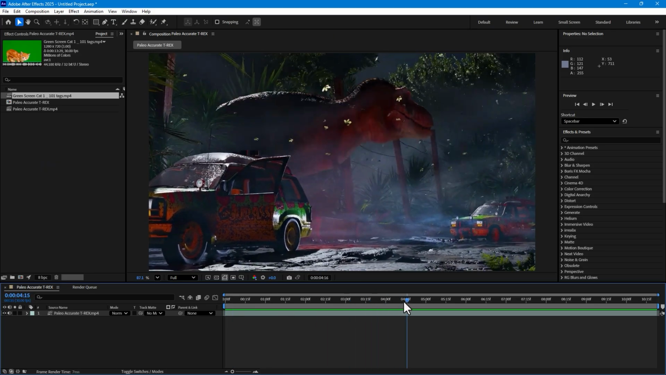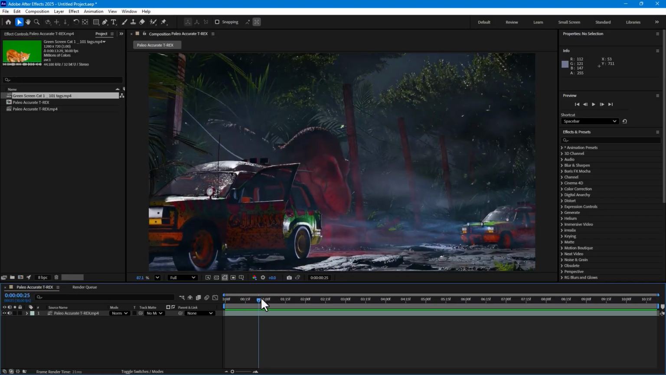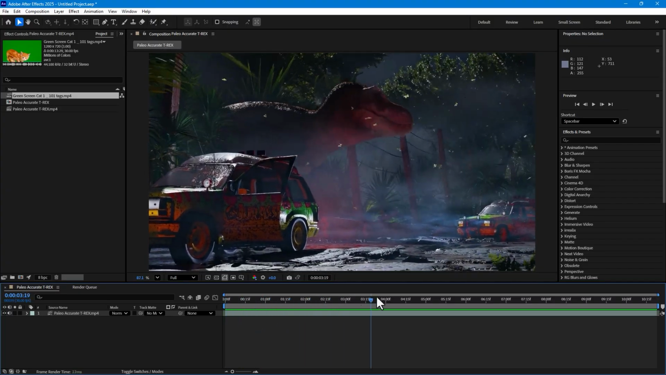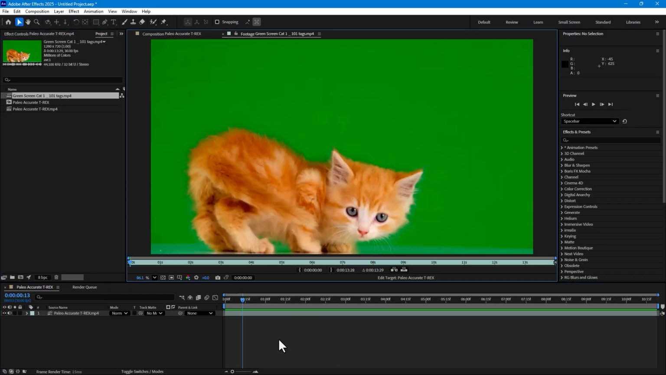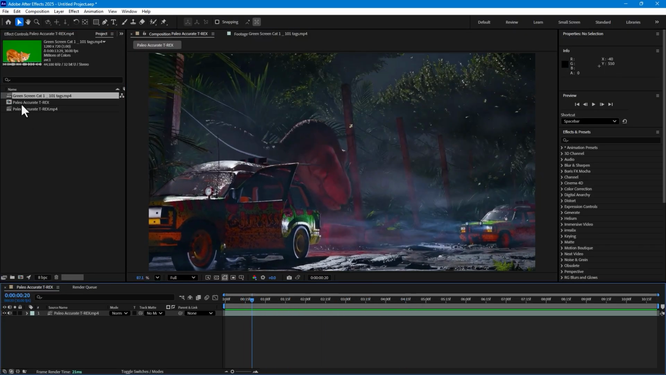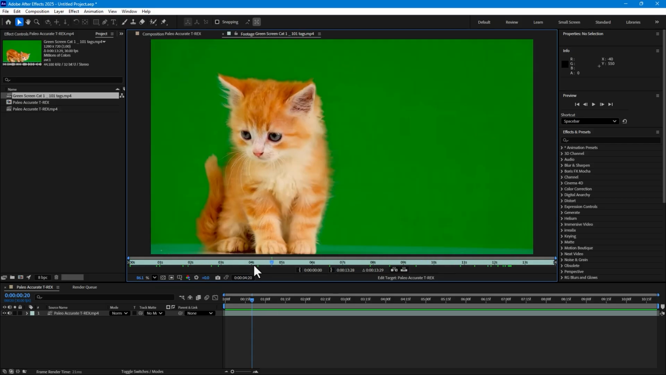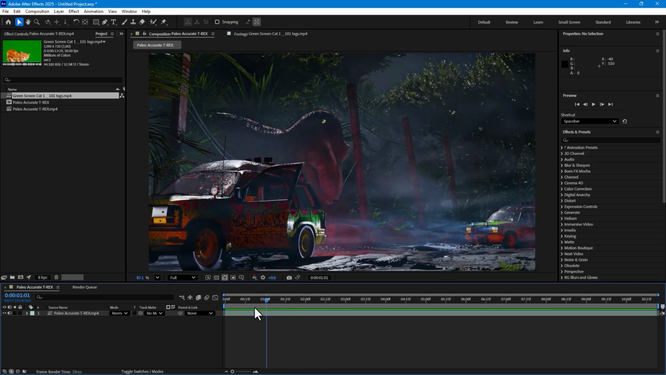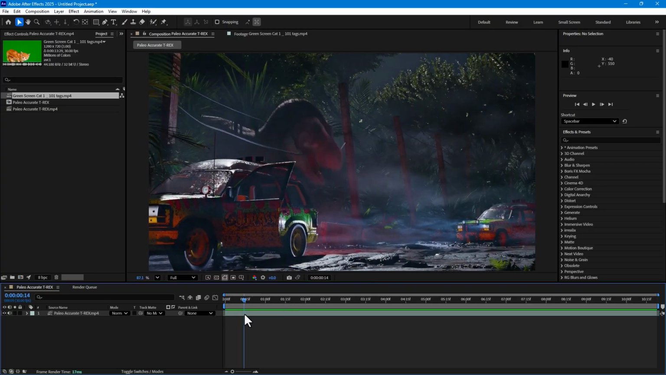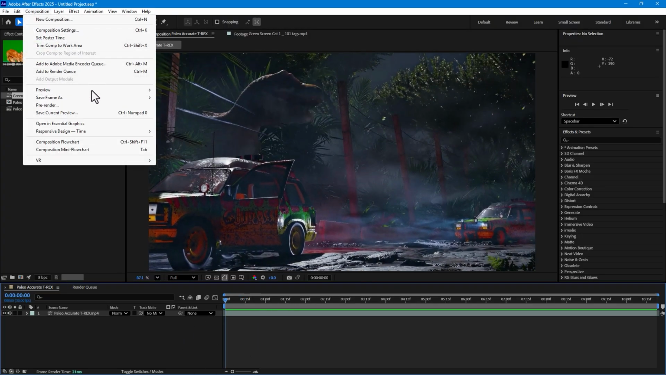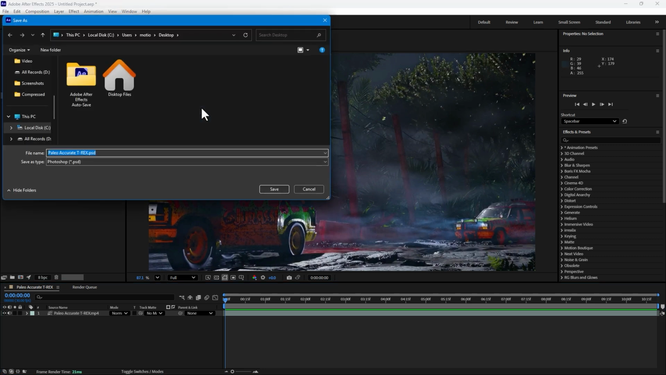This video is a Jurassic World or Jurassic Park video, and now I want to show you how to replace a dinosaur with a cat. And this is the cute cat video in chroma key. So let's start. First, select this scene and go to Composition, go to Save Frame As Photoshop Layer, and next